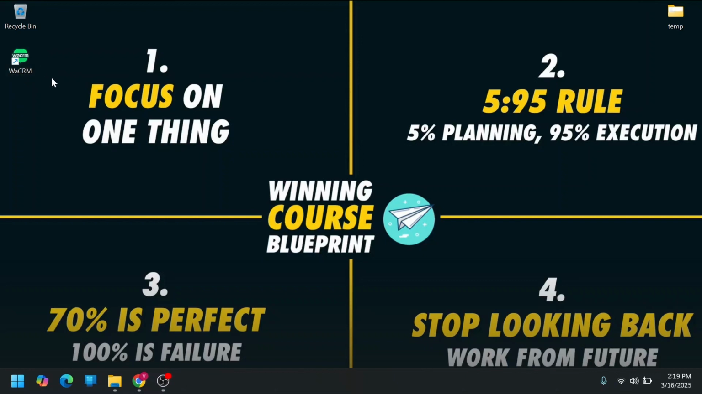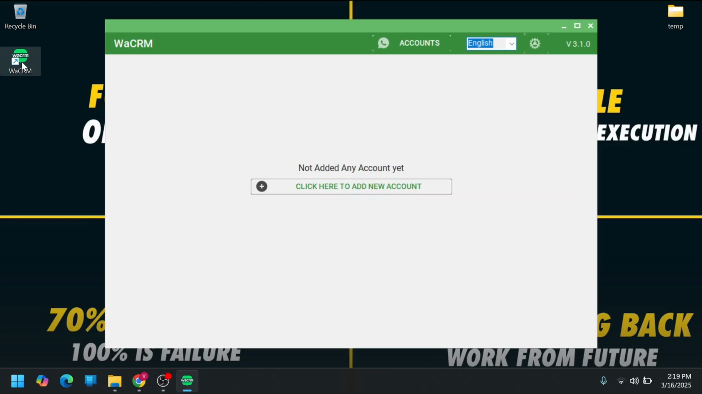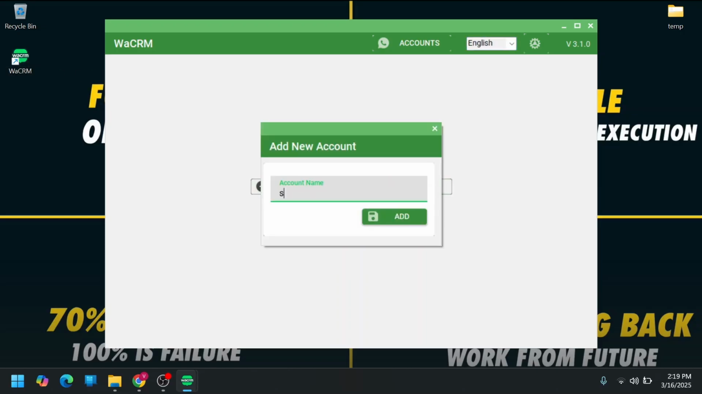So this is WhatsApp CRM. When you open this, it will ask you to add an account. First, we need to add at least one account to start using it. So click here. I'm just giving some name,